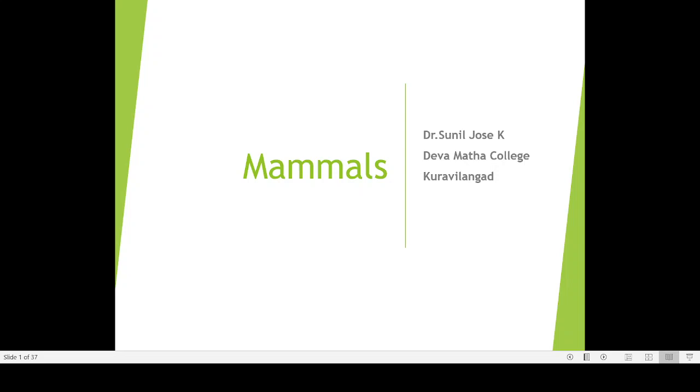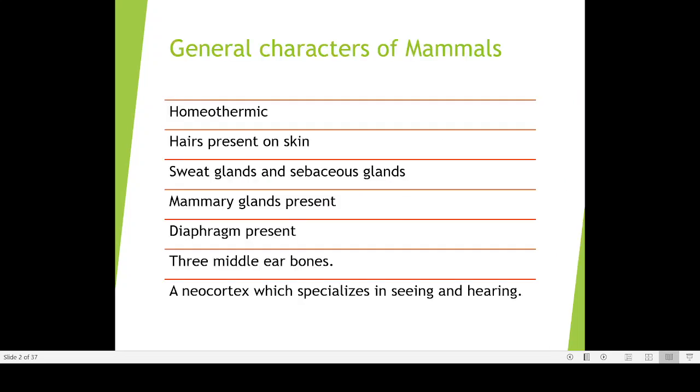So we are starting with the general characteristics of mammals. Here you can find the main characteristics of mammals. We have to understand the meaning of each word. We will begin with the first word, that is